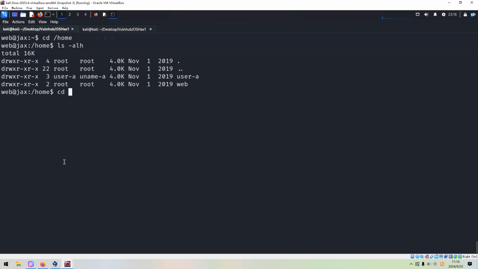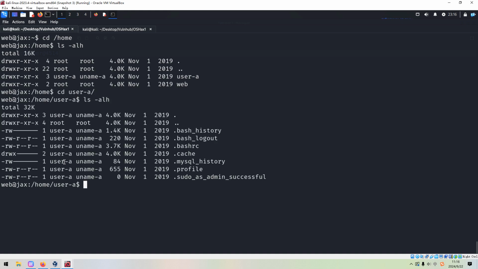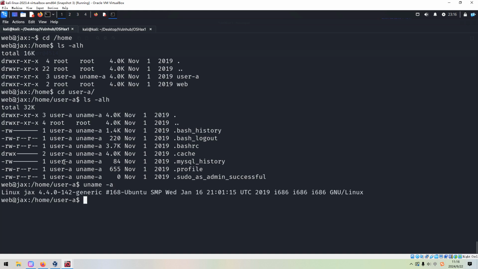There is another user, A, but we cannot do very much at this moment. Next, we can check the architecture and the kernel. A very old kernel, but I'm not going to use this possibly vulnerable kernel to elevate privilege. So what else can we check?